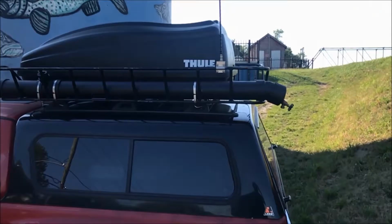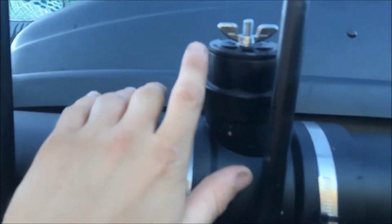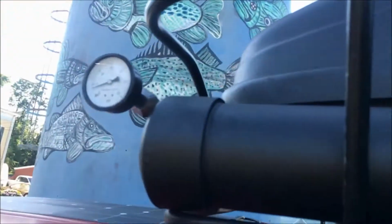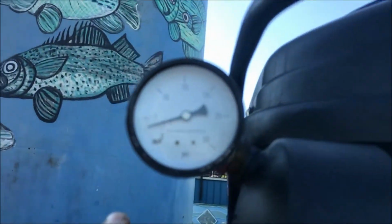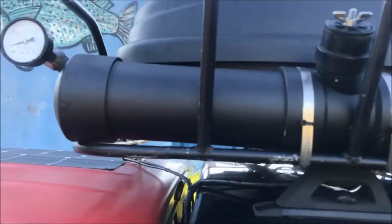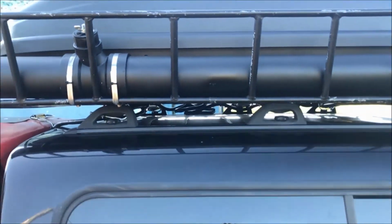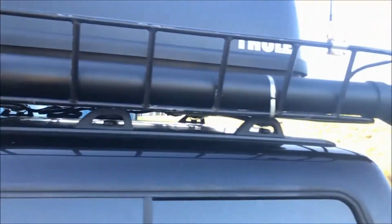Alright, so this is my solar shower. This was the design. We mounted it to the roof with hose clamps. We used a test seal for our cap, and I did fix the gauge. The pressure that is in here is based off of the sun heating it up. So it's full of water right now, and you get about 3 psi